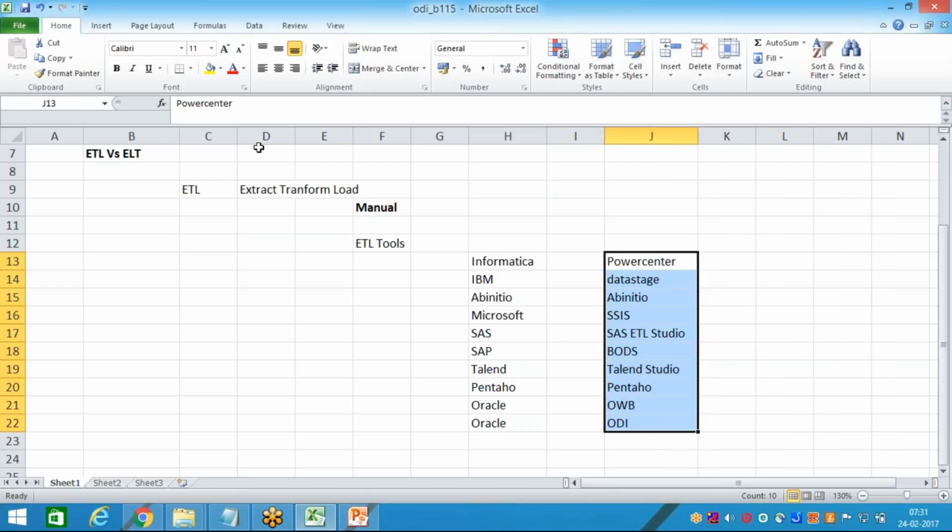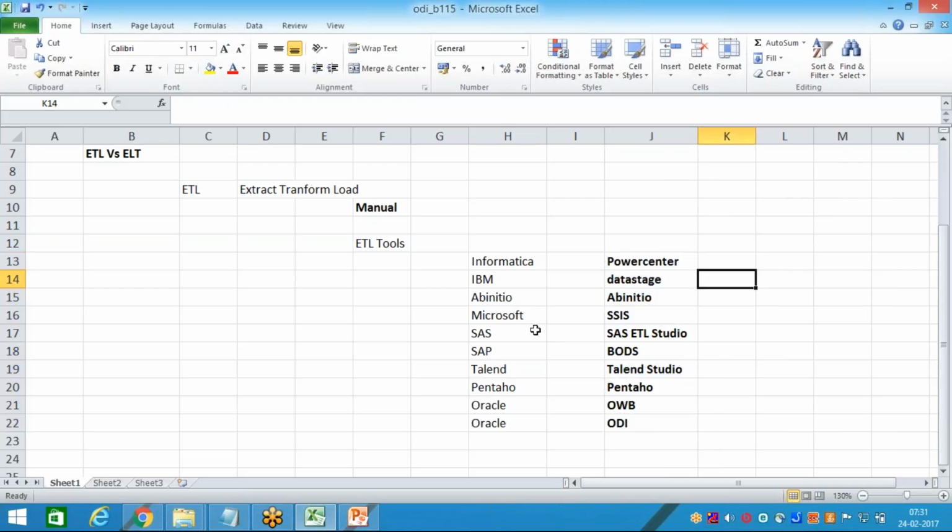Okay, these are the tools, and out of all these tools, I can pick any of them, and the role of all the tools is 100% the same. All the tools generally support the ETL process. That's all in a simple one-liner. But the only difference is that when we are using these tools to perform the ETL process, the ETL activity, and actually processing the data, it is the kind of